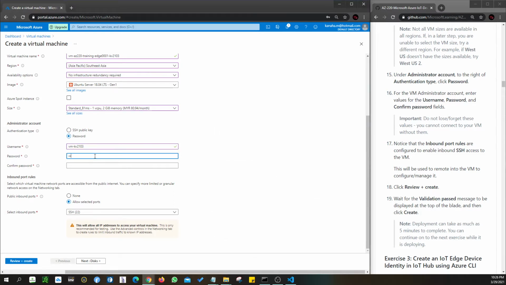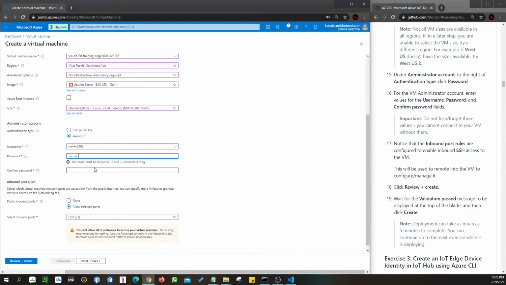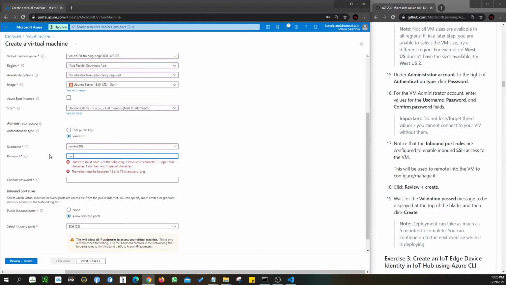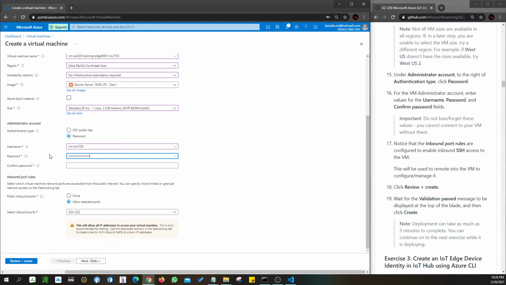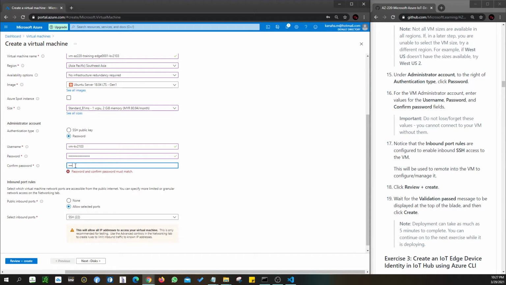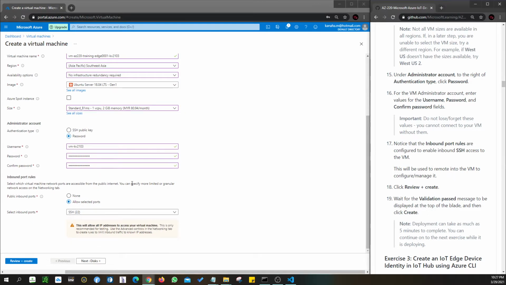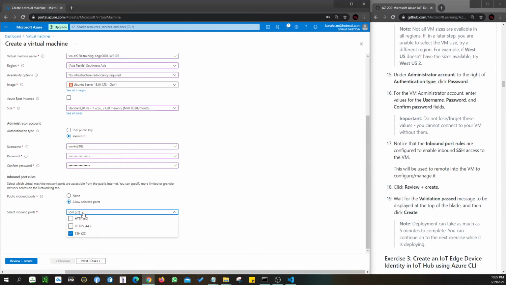Right, and here we're going to put password 12K. Okay, make sure the password is strong enough. You don't need to tell me the password, as long as you remember. Okay, we got it. Alright, inbound SSH is okay, and